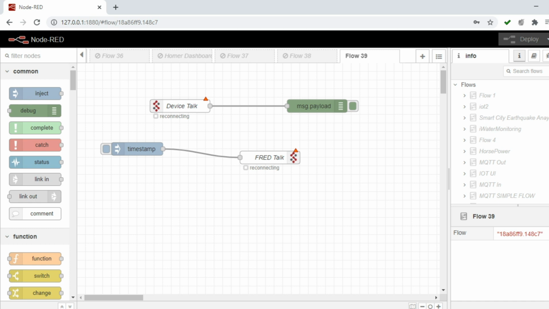Here I have taken MIOT as a sample, and I can give the device name as a different name. Here it is device talk, the device is going to talk to it, and here FRED is going to talk. So the name alone you can give differently, whereas the endpoint we are supposed to give is the same endpoint.